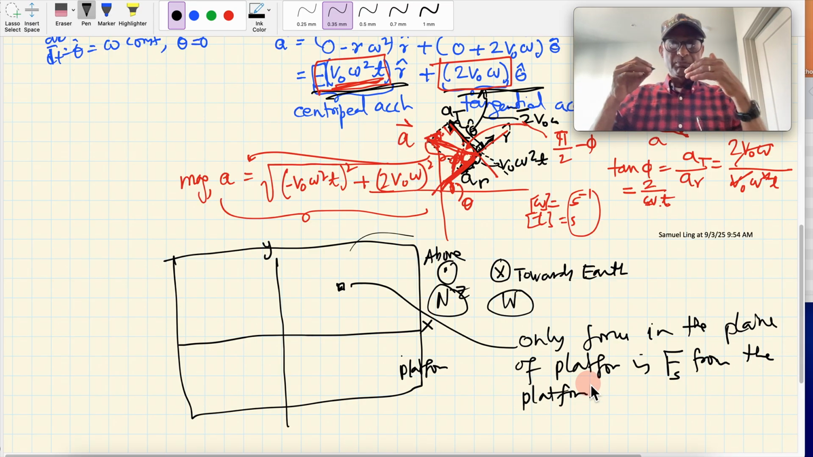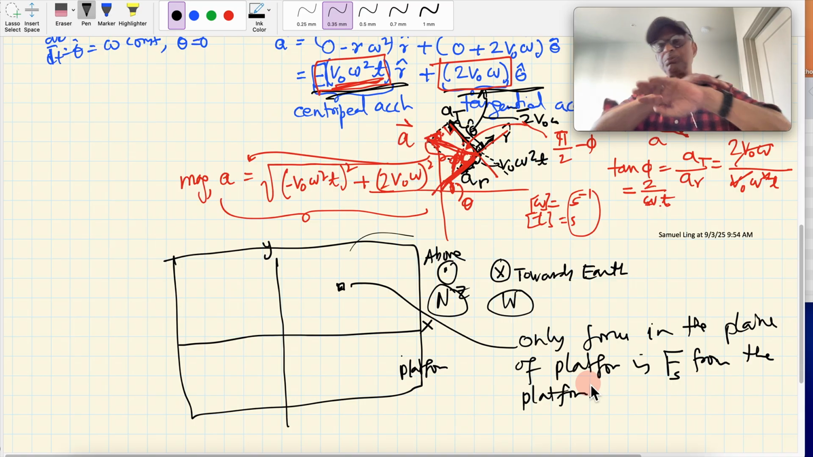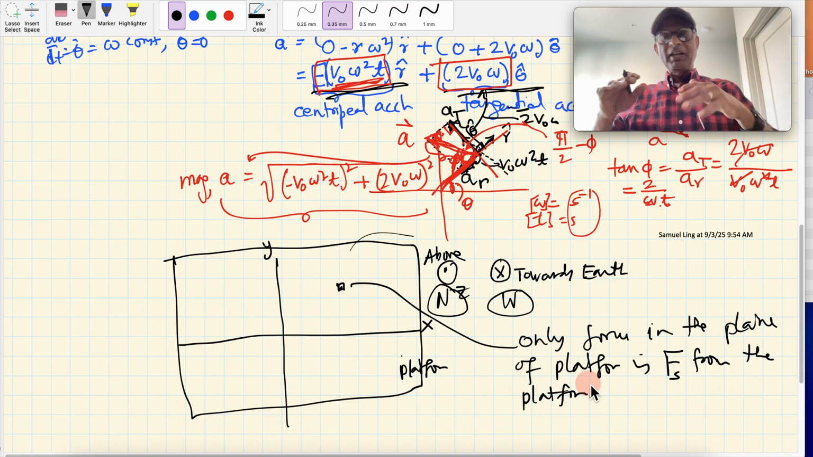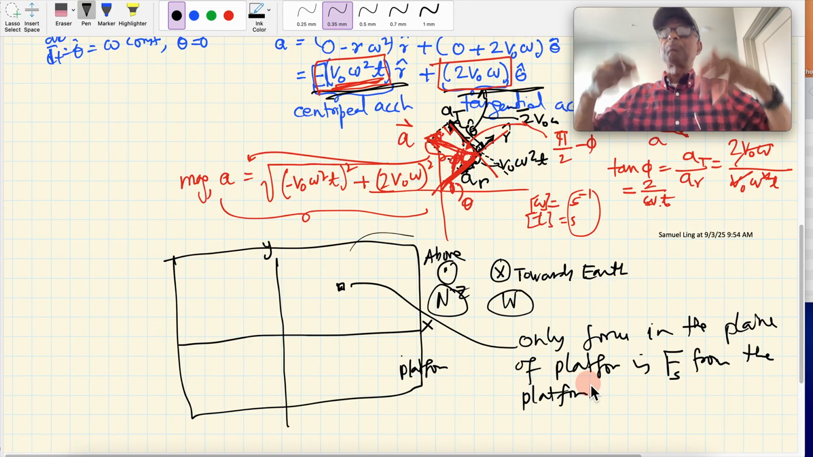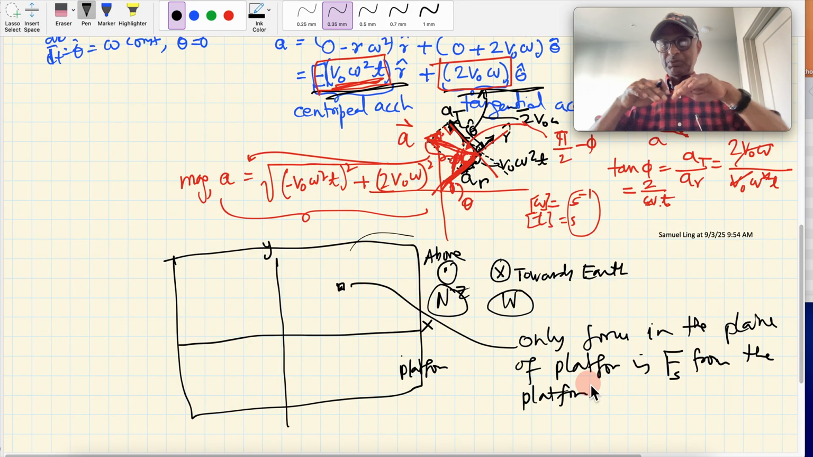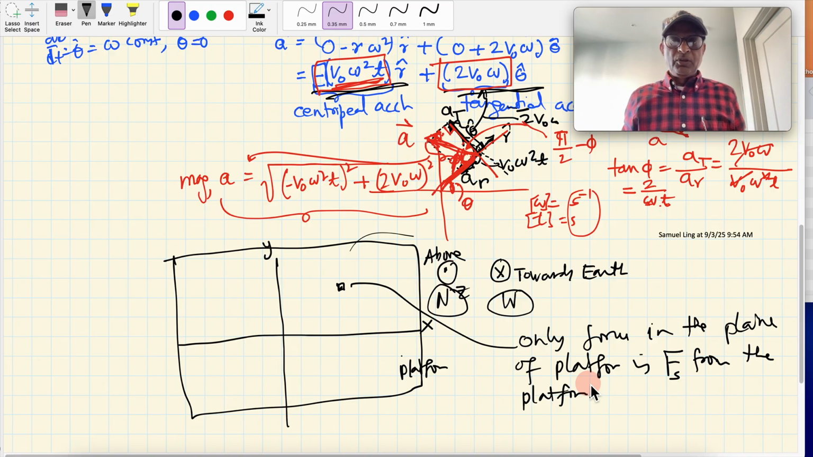How do we know that? Oh, well, you can say, suppose the platform is frictionless. What will happen? It will go nowhere. It's just going to keep rotating in one place. There was nothing to push it forward or sideways. So we just saw that